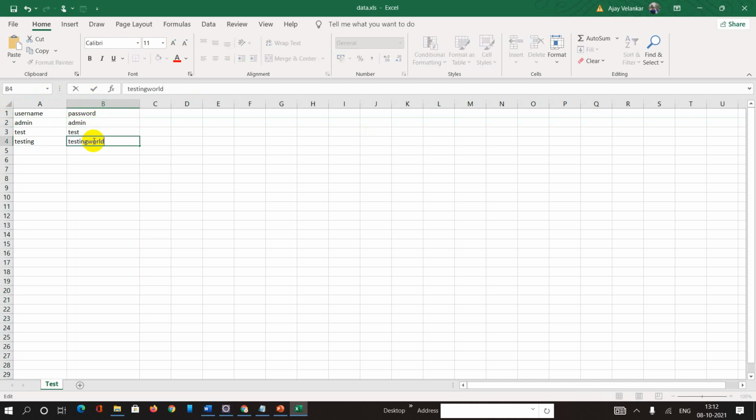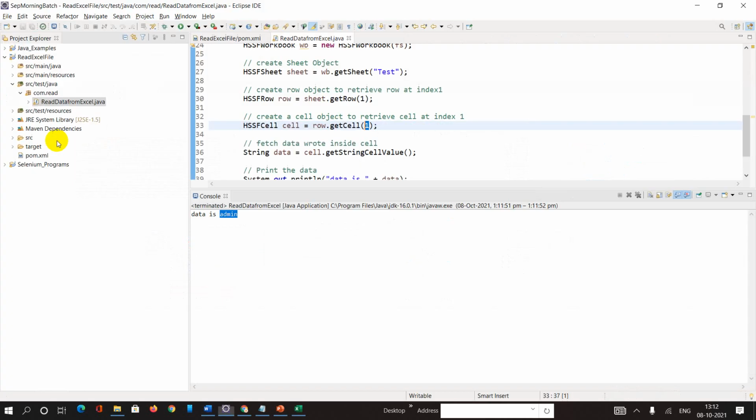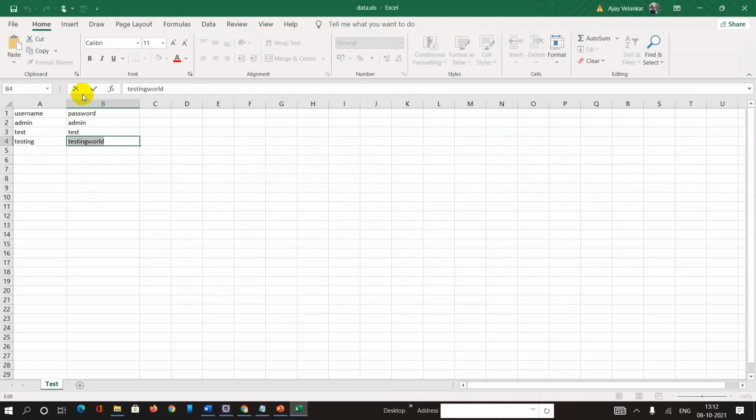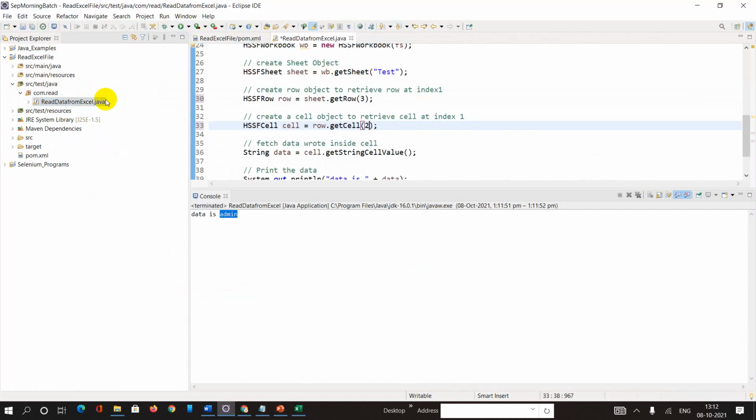Let's say if I change this to the testing word and I want to fetch this value, how can I fetch this? I can say third row and second column. Okay, this is my second column. Let me check it out.